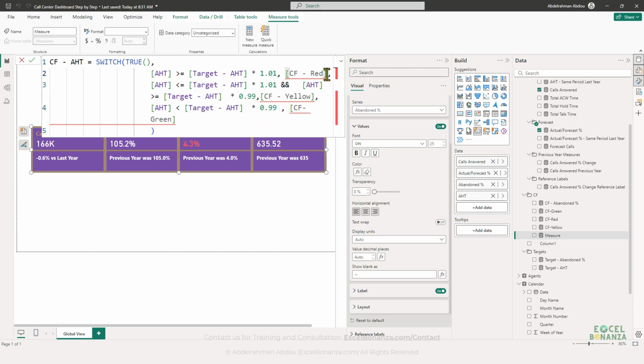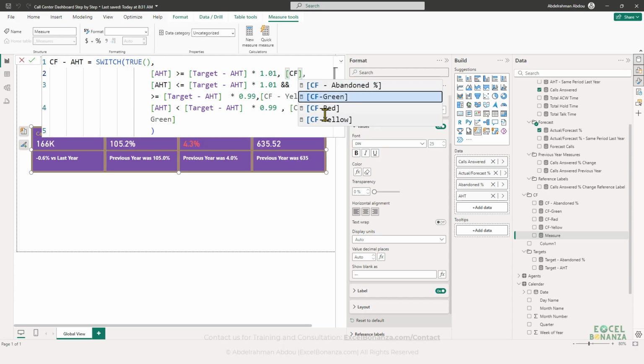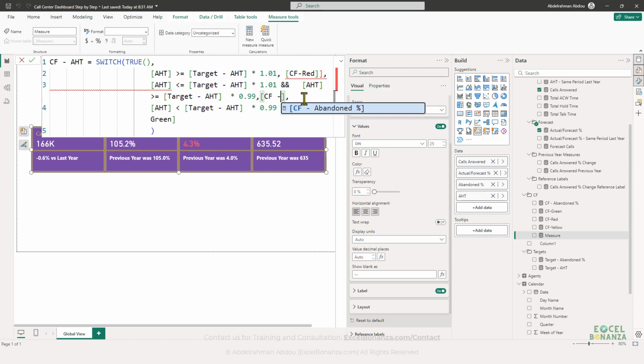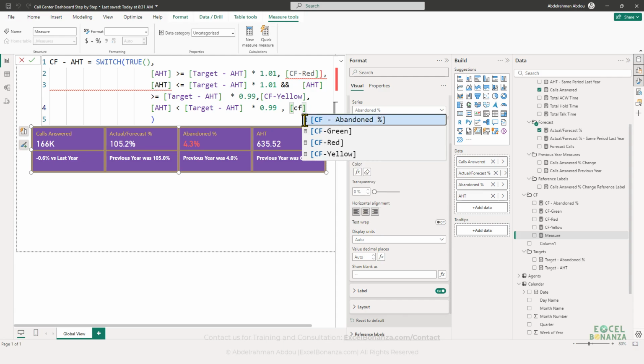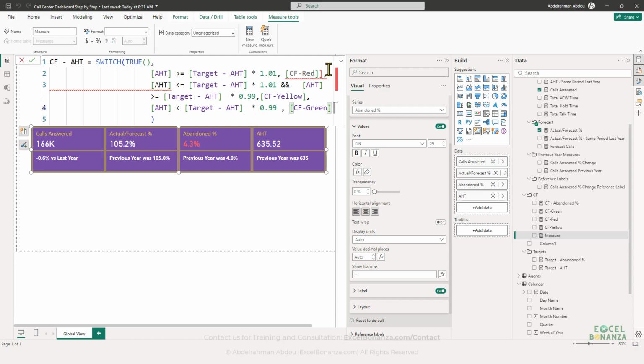And I need to update my conditional formatting here as well. The names, I think this should be CF red, and this is CF yellow. I think there's just an extra space on the ones that I pasted. And this should be CF green. All right, and there is an extra square bracket here, and another extra square bracket here. So now, if we press enter, you can see here we have the logic for applying the conditional formatting to